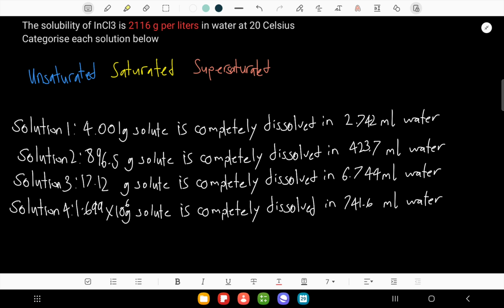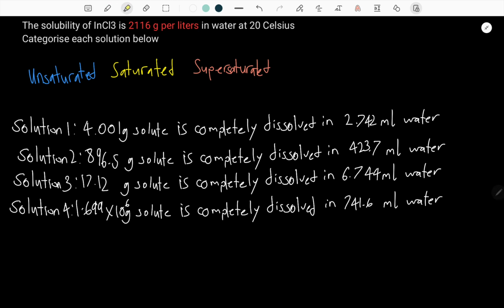Solution 1: 4.001 grams is completely dissolved. This is very important also, so let me just highlight this. Completely dissolved, meaning there is no residue. So it could be supersaturated also if we find the solubility more than this. Just to keep that in mind. So now let's see this. Yeah, completely dissolved in